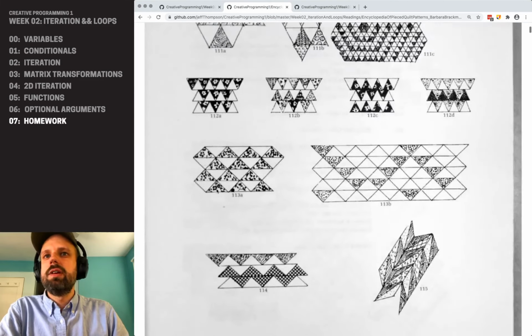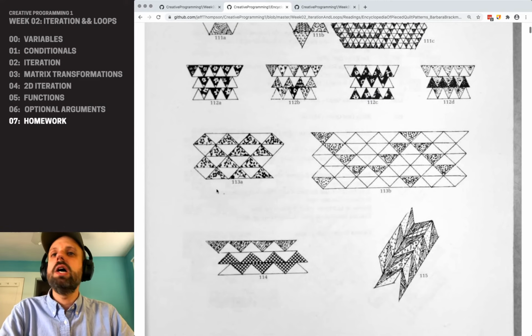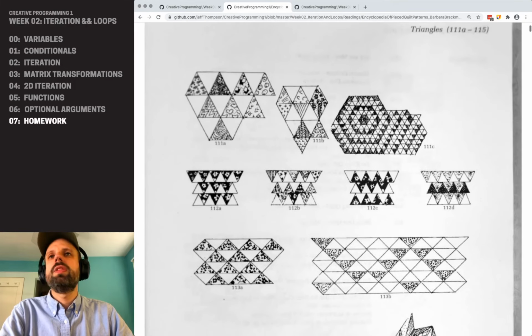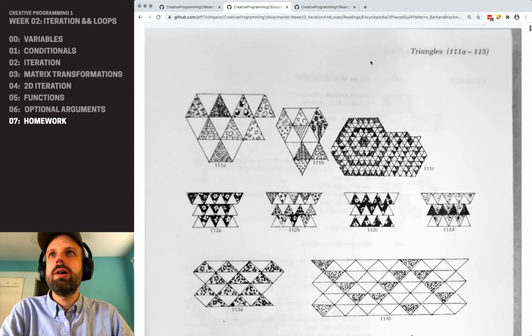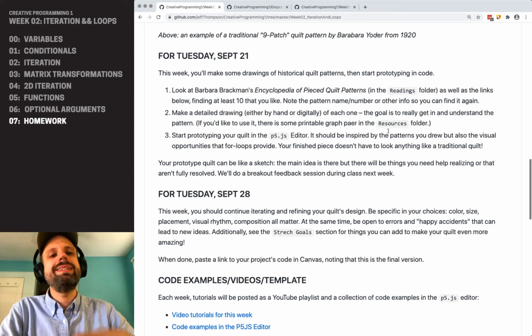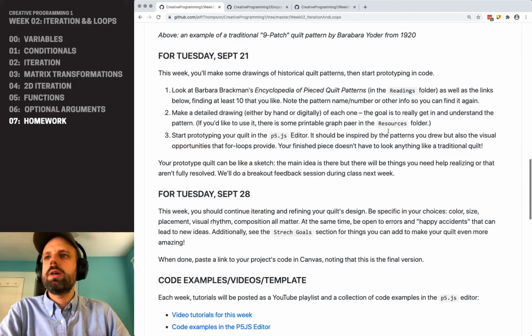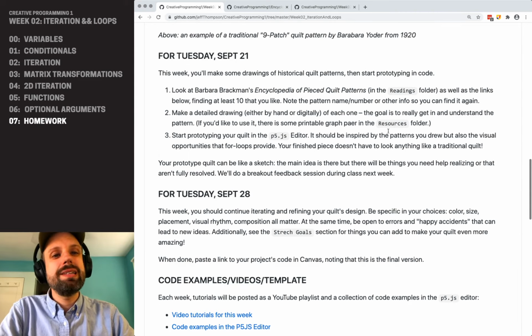It is a collection of drawings she made of thousands of traditional quilt patterns. Each one has a number. They're divided by categories. This is triangles. What I'd like you to do is look through it and find at least 10 that you like. Now, they don't all have to be from the book. If you also want to go to some of the links down at the bottom, like the Quilt Study Center, and find them there,